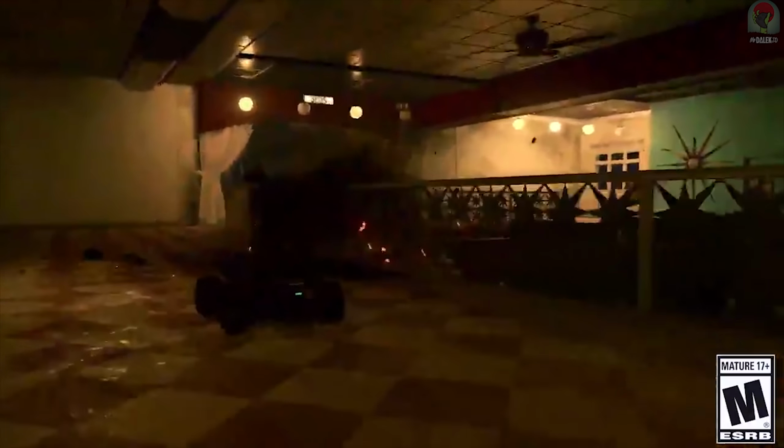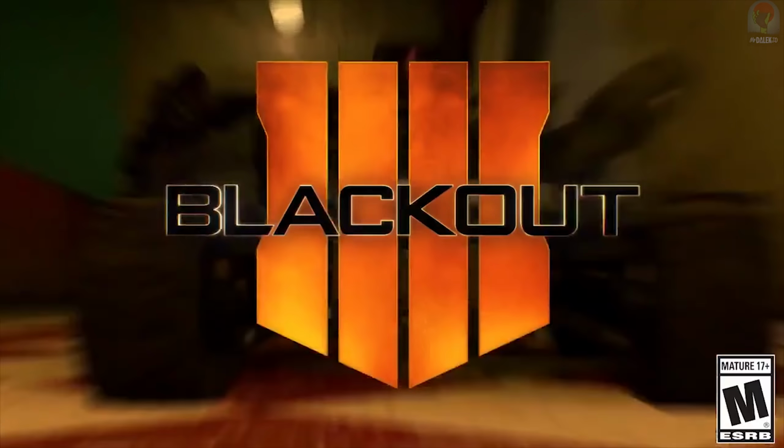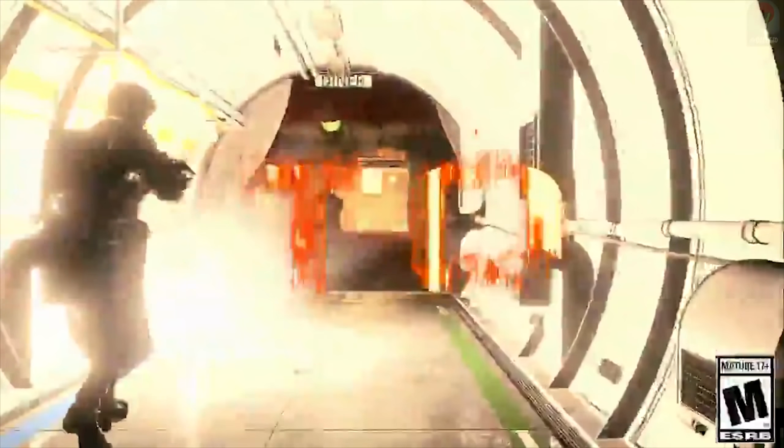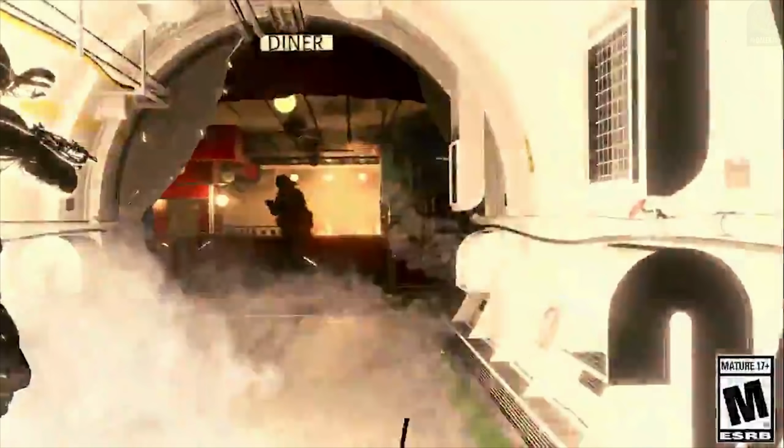And we can see straight off the bat, there's a pinpoint area where if you get out from this portion of the underground section, you're going to land straight in the Transit Diner. And to me, that's so cool that we have a Zombies Easter egg that's linking to another Zombies Easter egg. It's so cool. We see this recon drone fly through the tunnels,